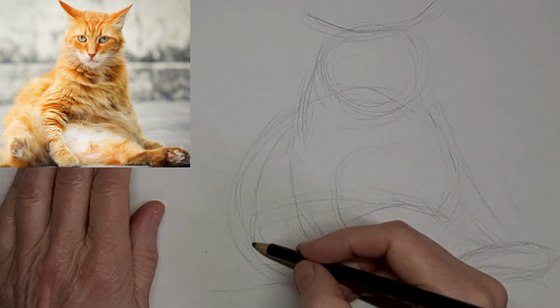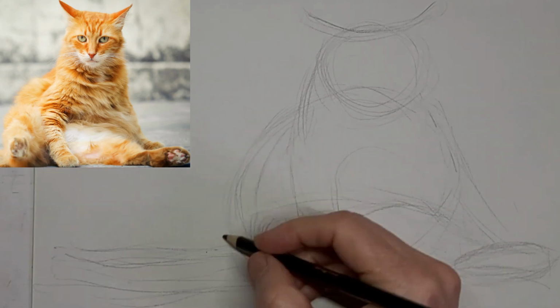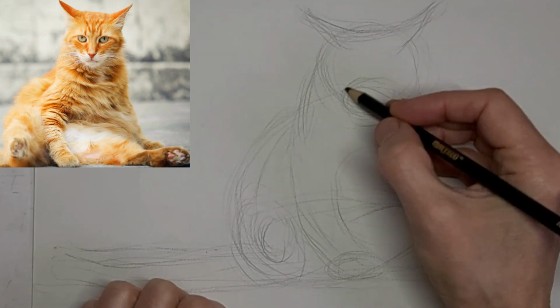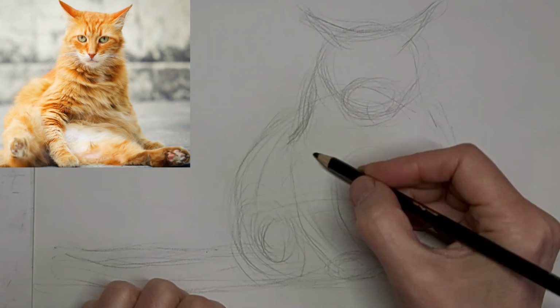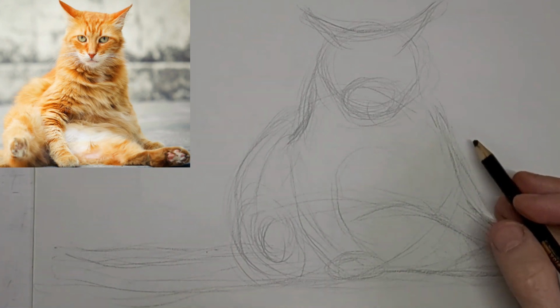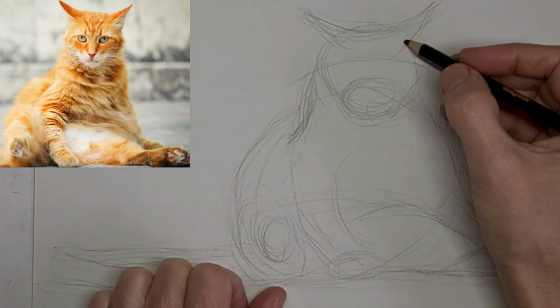I usually end up liking my quick sketches that I do for my tutorials better than the drawings I fuss over too much, because I get them done quickly, and that really adds to the expression. I don't have time to stop and think about if it's perfect or not. And there's no such thing as perfection in the arts anyways. It's about self-expression,